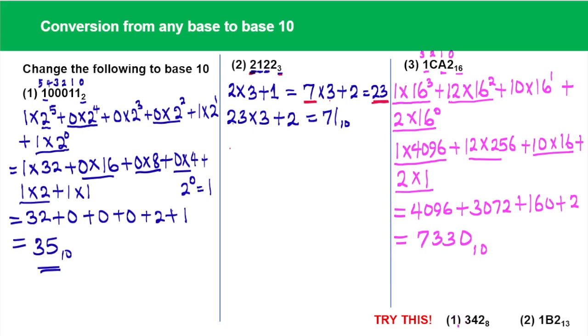Why don't you go ahead now and try this number 1 and number 2 here. Here you have 342